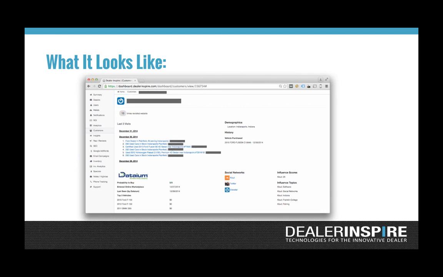So then those other stats right below probability to buy are going to be your enter the online marketplace date. So that's the first time that Dadium sees you or that pixel gets dropped on your browser. So this kind of is indicative of the buying cycle too. I mean, obviously everyone's different. So you might be looking for a vehicle for 3 months because you're looking to trade in a lease, or who knows. I know my husband found a car in 1 day. We've got totaled. So sometimes you're in need. Sometimes you've got the time and the luxury to shop around.